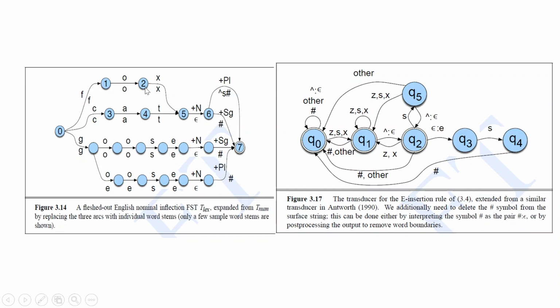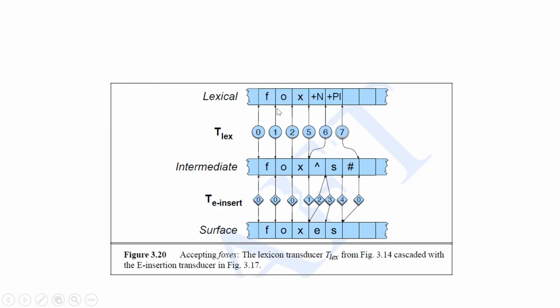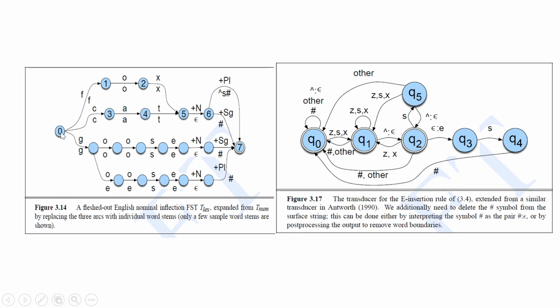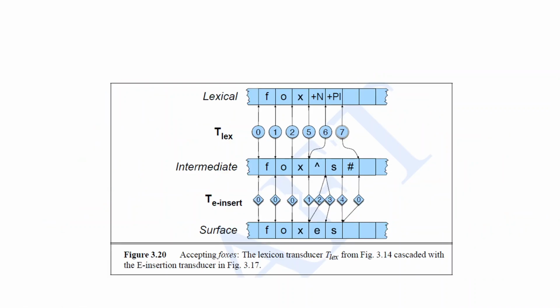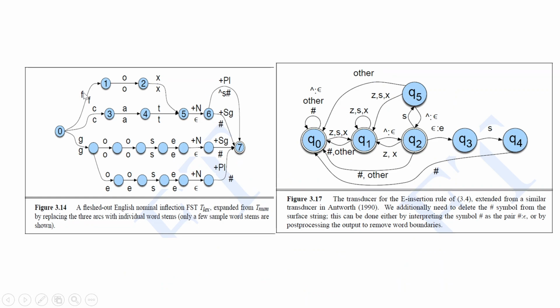If we look at this, we are talking about generating the words from the lexical input. This is our initial input. So initial input F is given as input. In state 0, if it takes F as input, it transitions into state 1. In state 1, if you take O as the input, you can see O is being read and the output generated is again O. What is on top is the input, what is down here is the output.